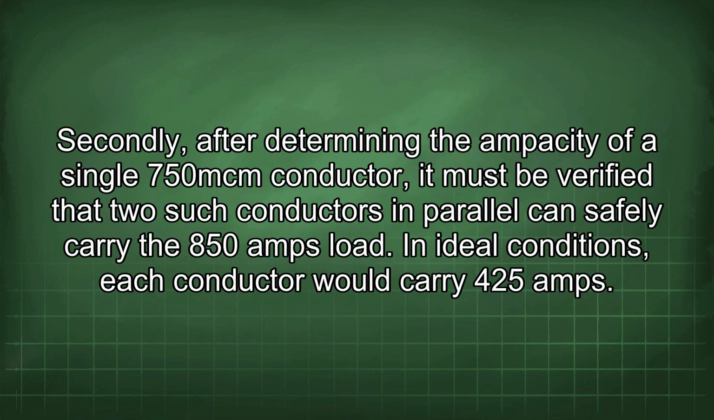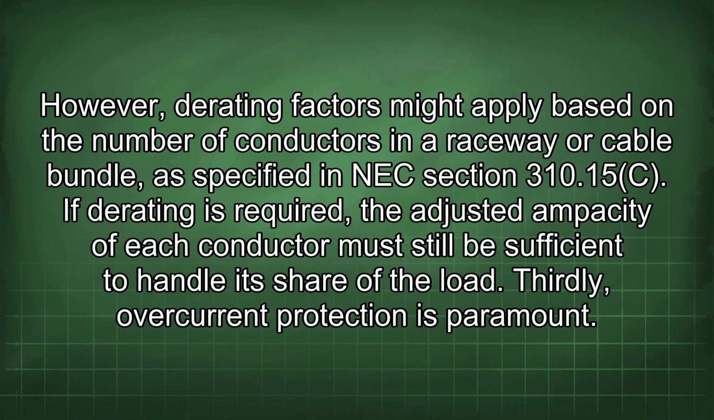Secondly, after determining the ampacity of a single 750 ohm conductor, it must be verified that two such conductors in parallel can safely carry the 850 amps load. In ideal conditions, each conductor would carry 425 amps. However, varying factors might apply based on the number of conductors in a raceway or cable bundle, as specified in NEC section 310.15(C). If derating is required, the adjusted ampacity of each conductor must still be sufficient to handle its